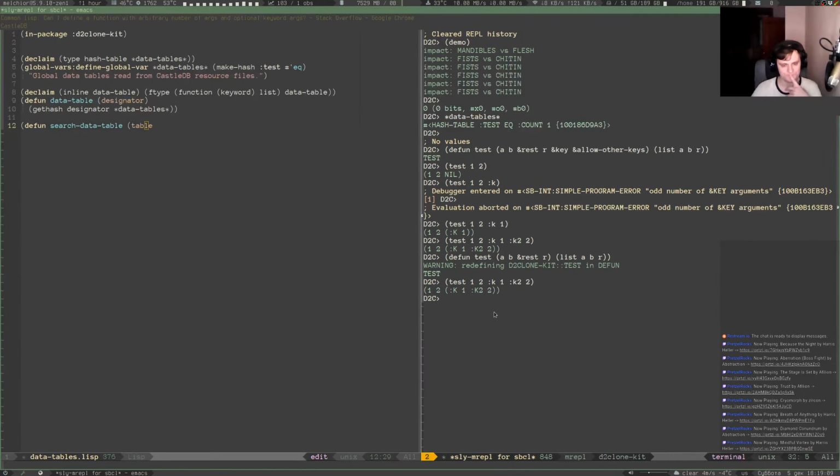So a plist. Okay, let's say it is the plist. I'll figure it out by the way. So search data table, it would take an actual table and it would take predicates. And it will return maybe a list of plists in which all